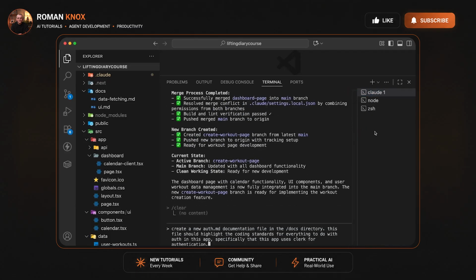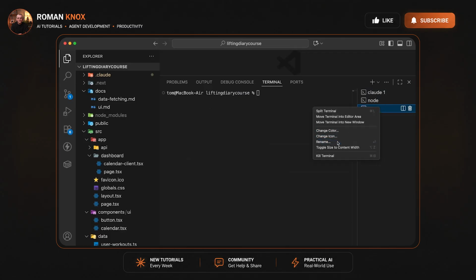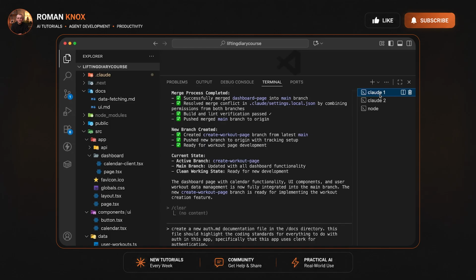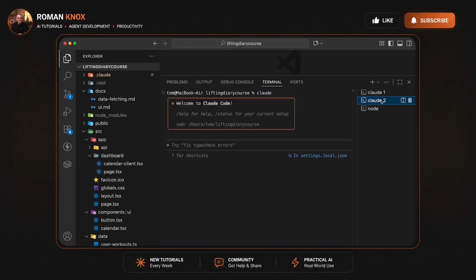Now let's rename this second terminal, or it's the third terminal for me, and call it Claude 2. So this is the second Claude terminal window. Let's open up the Claude 2 terminal window and fire up Claude Code by running the claude command. Then let's start typing out our prompt to create our data mutations documentation file. So our first Claude instance will create the auth documentation file, and our second Claude instance will create the data mutations documentation file. So let's say, create a data